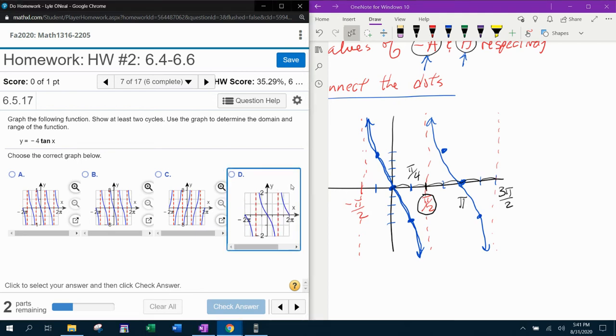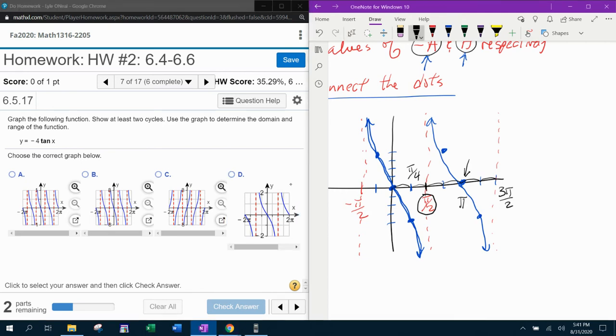If you look at what D says, it says that at 2 pi is where this point right here should be. Do you see that in answer choice D? That second wave past the origin is touching at 2 pi, but in my hand-drawn picture, I'm only touching at pi, so it can't be D. D's not a choice. It can't be C, so it has to be either A or B,